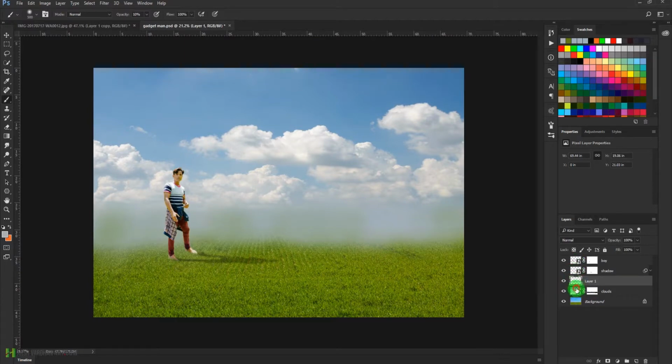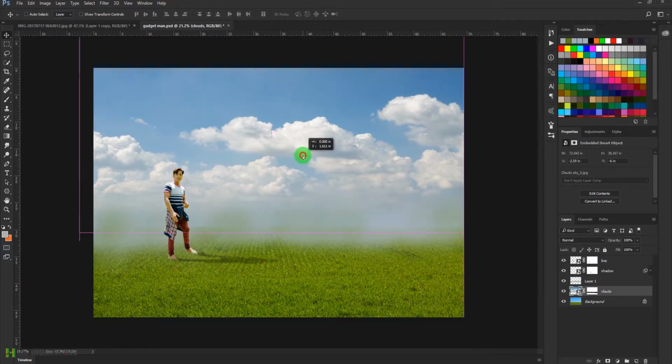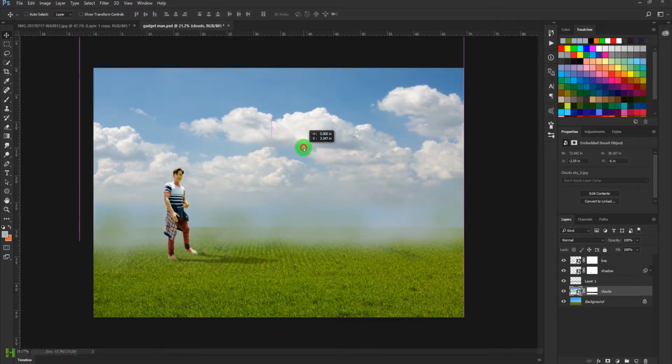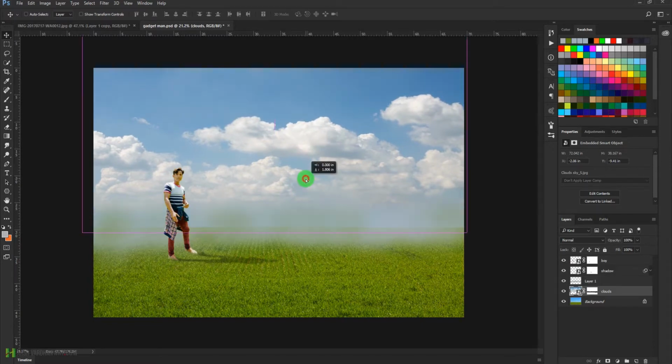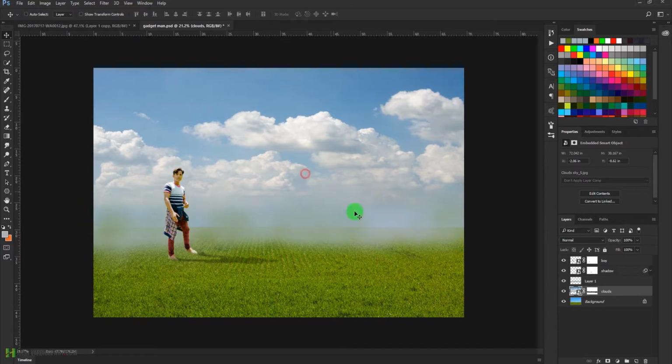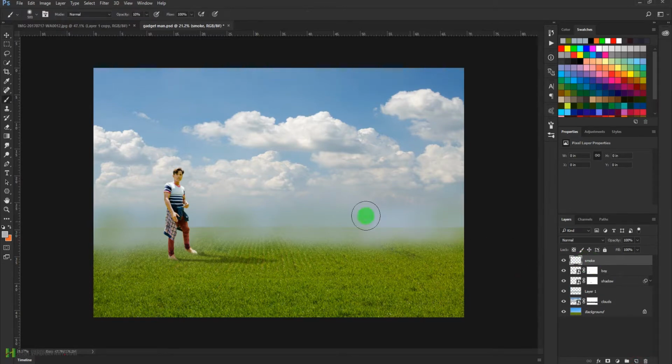And if you want, you can adjust the position of the sky. So if you want to drag it up a little bit, you can do that as well, so that we get to see some of the horizon, something like this. Okay, and let's add some smoke. We'll go to the boy layer and create a layer,